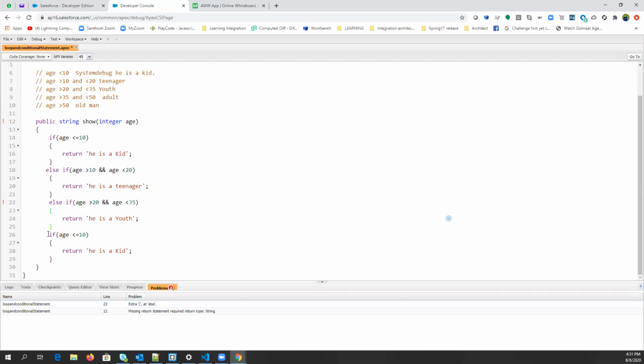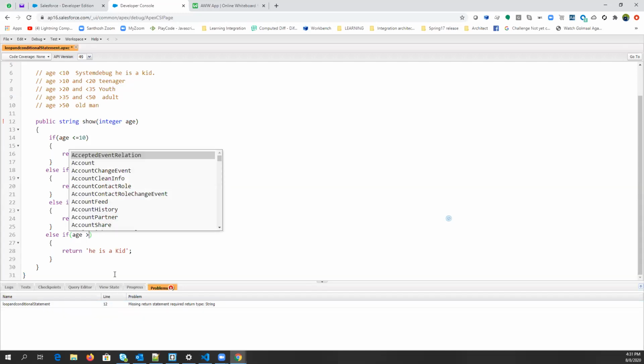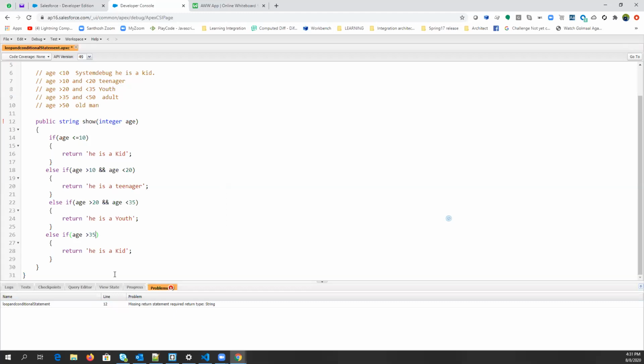And the same for age greater than 35 and less than 50. We didn't use less than or equal to because in the condition we are using greater than 35. And less than 50. So you can say adult.